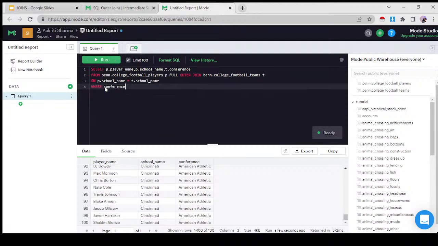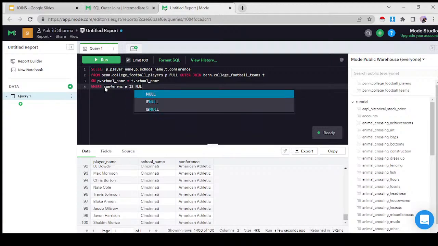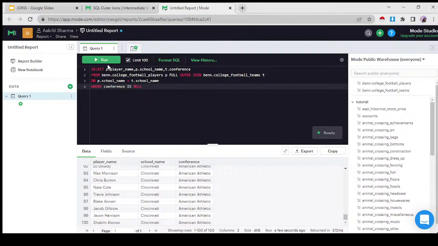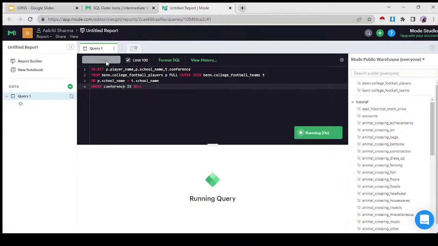Where conference is null. So there will be rows where the conference is null. Why? Because the SQL was not able to find any mapping conference for that. But that is the case here because this is an ideal data set where everything is getting mapped, with no redundant or left out data entries. But in the real world, we do get data where entries don't get mapped.